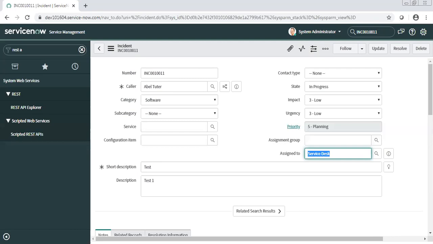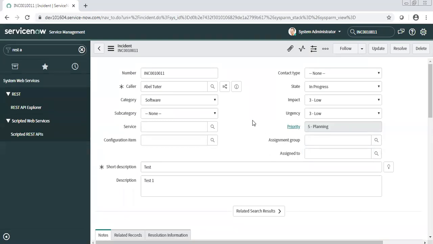But then what is the purpose of integration? It should have the same number, right? Why? So then how will they understand that this is an integration-related incident? So you may need to put some field where, once they send the request, let's say Postman has sent the request. In response, this ServiceNow instance has sent a response saying, okay, I have accepted your request, and in my tool, this is the incident number which was created for your request.